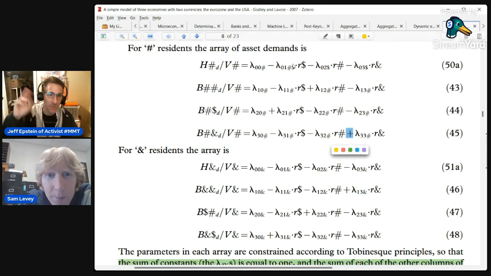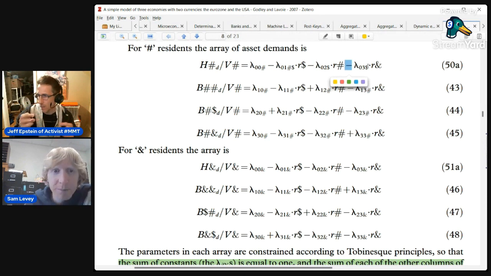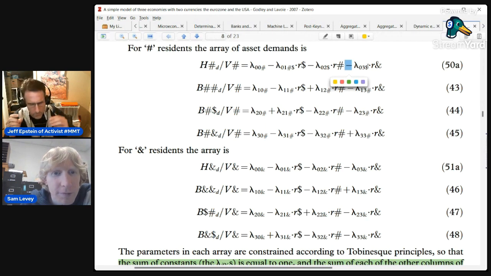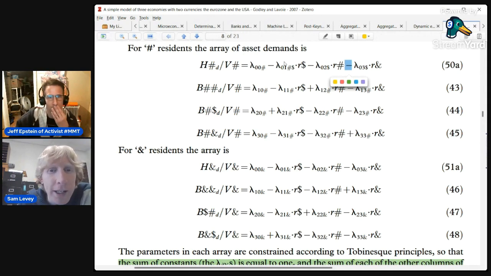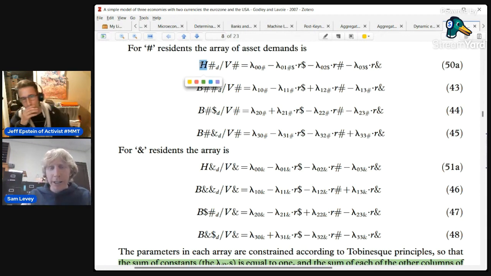I want less cash if I can earn a lot more on bonds, which is the idea of interest rates. They don't affect my investing or buying; it's something like the interest rate affects my composition of what form my money will be in, as opposed to, I forget what the alternative is, the neoclassical version of that. Yeah, that's exactly right, Jeff. So when any of these interest rates go up, the demand for cash goes down, right? You've got 3 lines here. If any of these interest rates go up, you're going to want less cash. You're going to shift the composition of your portfolio from cash to bonds because interest rates are higher.